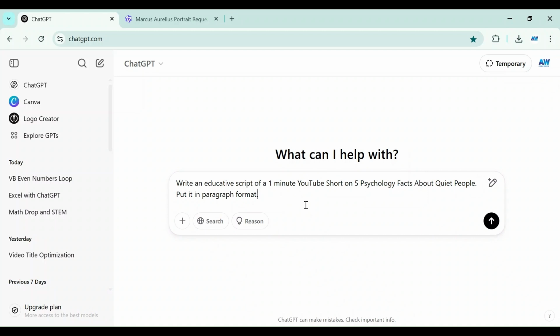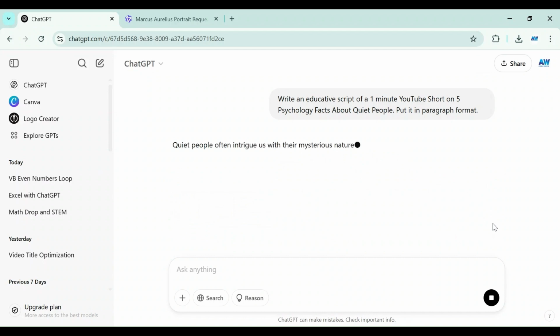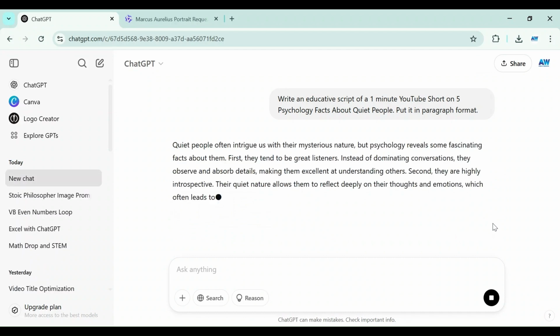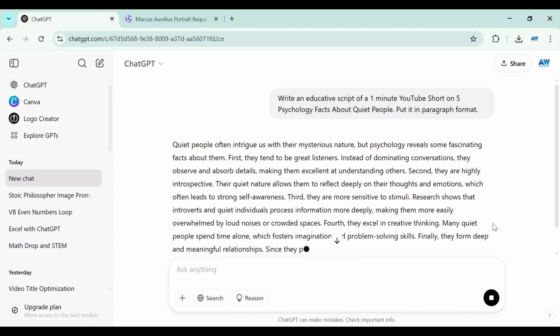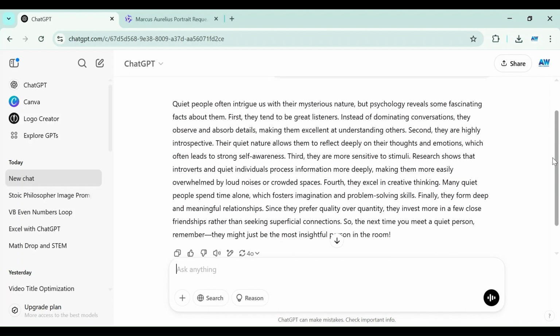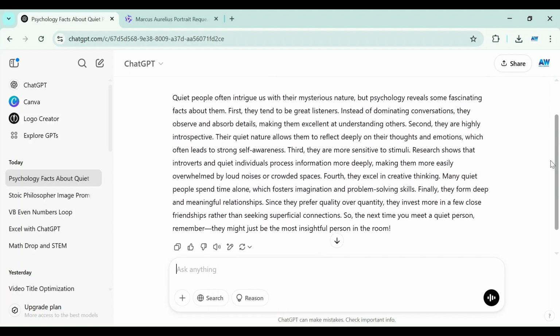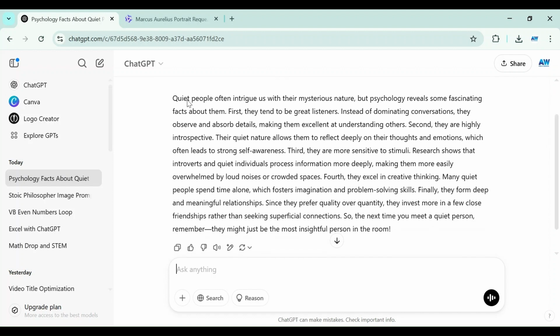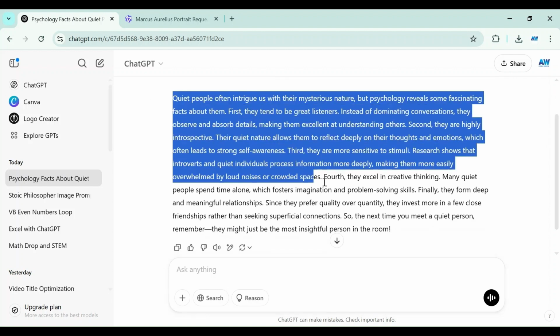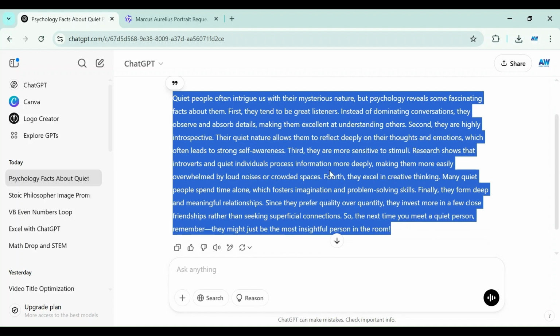I want to create a video on 5 psychology facts about quiet people. So I will paste my prompt on ChatGPT and generate the script in a few seconds. So after ChatGPT has generated the script, I will copy the script, and then I will use another tool